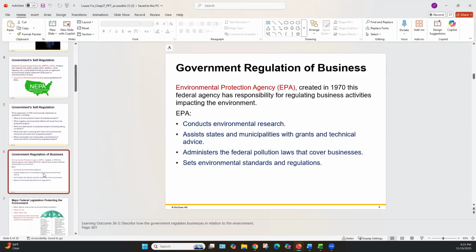Here we are, the big EPA. This goes back to administrative law, folks. It was created in 1970. I know for a lot of you young folks that must seem like an eon ago, but I'm here to tell you that's less than a lifetime ago. And to think that less than a lifetime ago, we didn't have a body such as the EPA is kind of scary. Go back and look at some of the Northeast cities like Detroit and some of these other industrial cities of the 1960s.